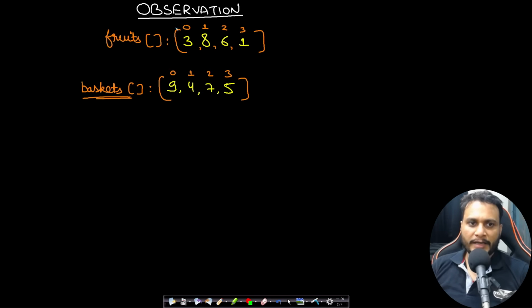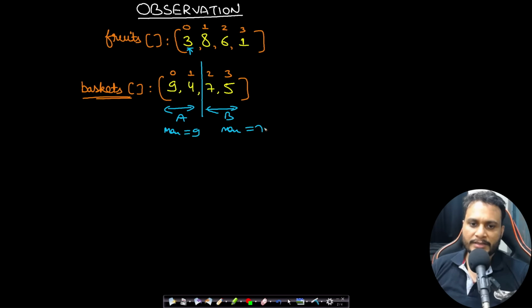Now let's look at an idea which will help us solve our problem. Since we know that we cannot use the brute force approach, let's try another logic. Let's say that I am trying to place this first type of fruit. If I divide these baskets into two regions, region A and region B, let's say in the middle, and the maximum item in the left hand side region is 9 and the maximum item